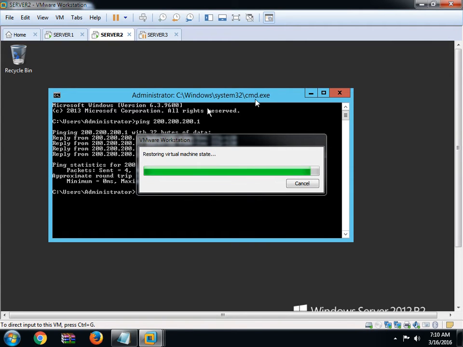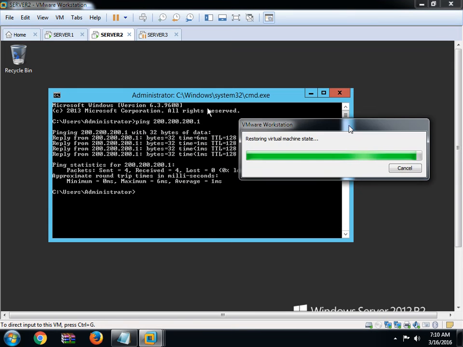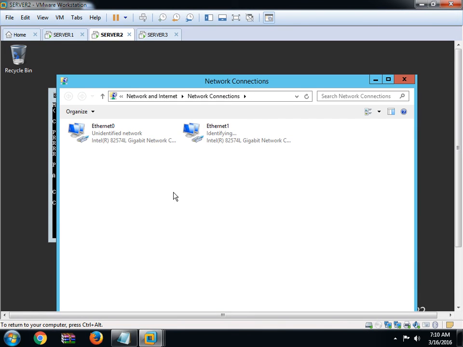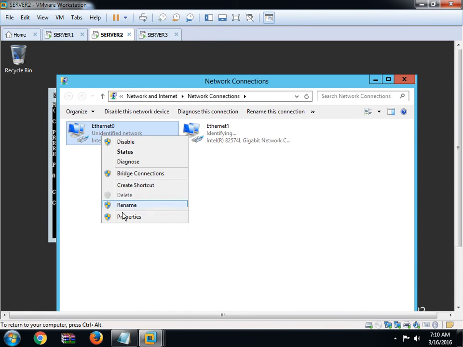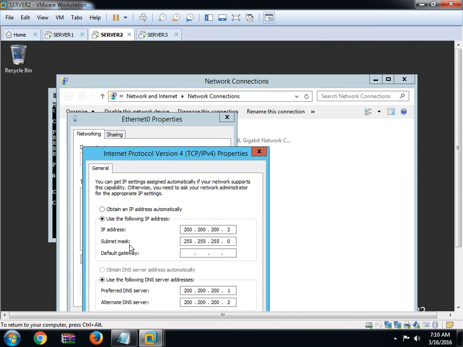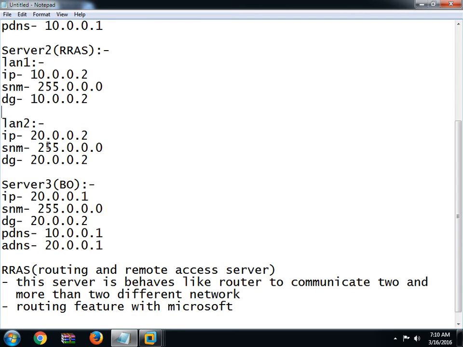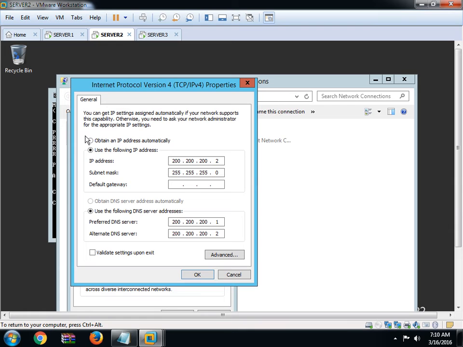Here guys, simply take IP, ncpa.cpl. IP is the first LAN card. I will show you. This is my file. LAN 1 is 10.0.0.2 and gateway should be 10.0.0.2.